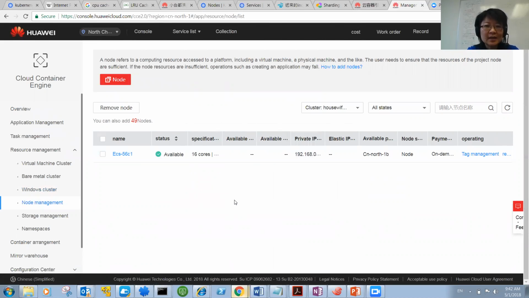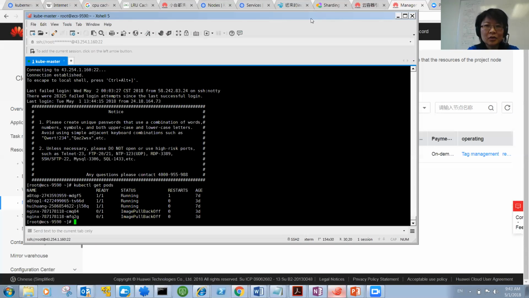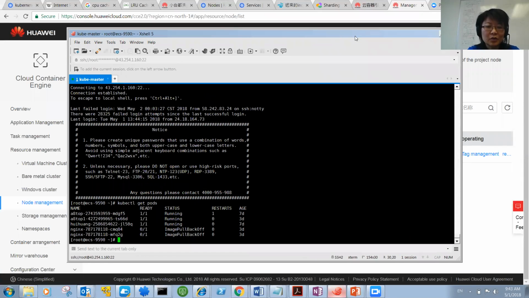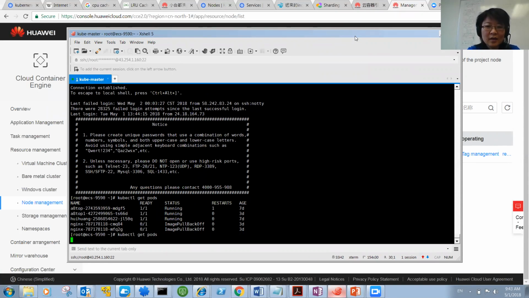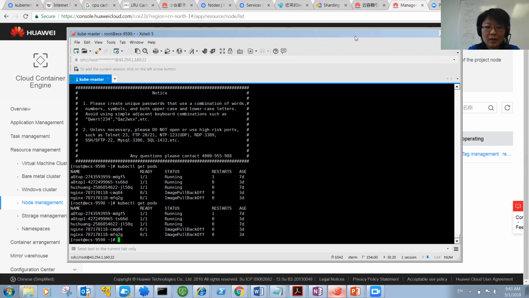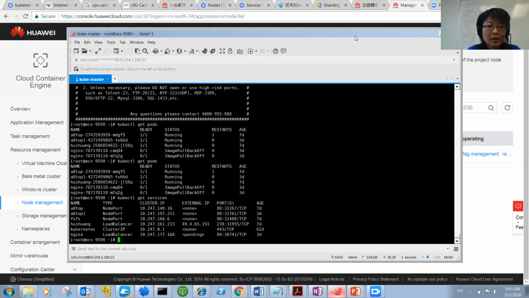We have two ways for customers to deploy their applications. One is through the UI, the other is through the command line, which allows customers to enable automation. For the sake of time, I'm going to use the command line to show you. As you can see, I've already deployed some pods and services.